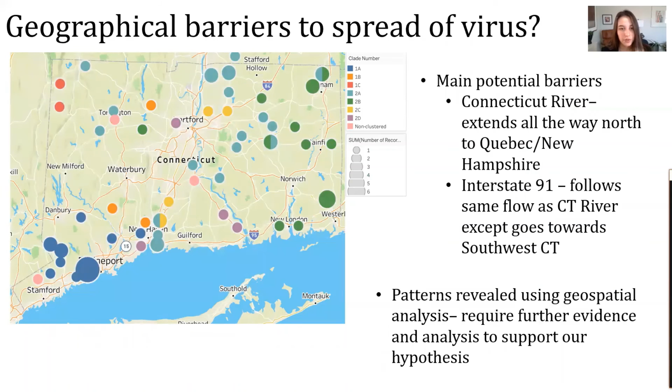Based on the distribution of cases overlaid on a topographic map of the state, data most likely suggests that the Connecticut River and major roads such as Interstate 91 have prevented the spread of one lineage of the virus across the state. Phylogenetic evidence and geographical distribution show 7 different subdivisions of the virus throughout the state of Connecticut. Further sequencing and phylogeography analysis will be required to do better analysis of the disease dynamics of rabies virus in the state.